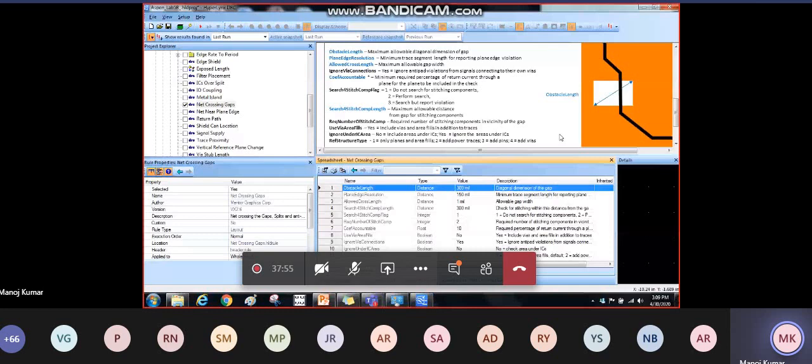You can edit this as per your requirement. However, the tool will also give you default values to run with, but it is recommended for a layout engineer to first run the default rules and try to understand which geometries are causing EMI and SI/PI issues, and at the same time, in the next run, maybe modify the constraints as per the design and then figure out the same geometries or different geometries.